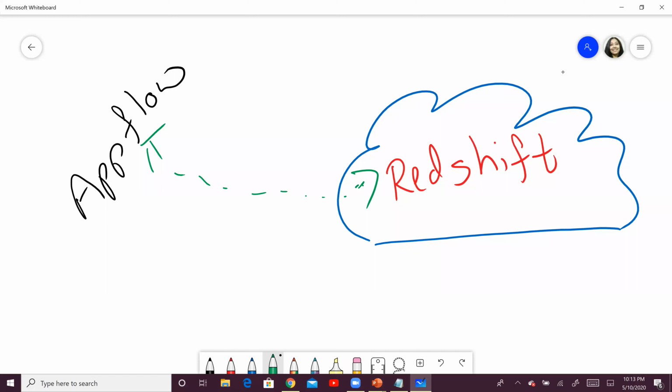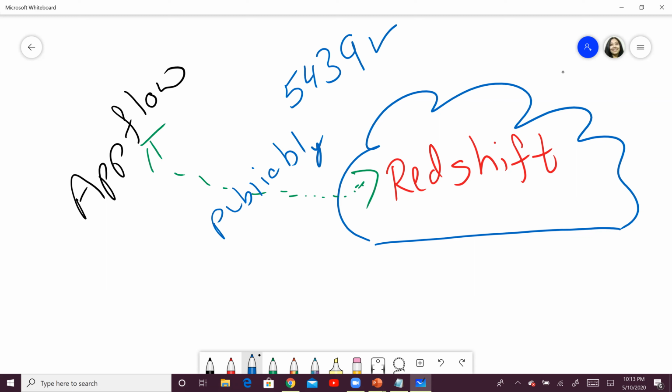Okay. So this connection to Redshift has to be established. So 2 things to keep in mind. The first thing that you want to do is ensure that 5439 is open. The next thing you want to ensure is that this cluster is publicly accessible. Once these 2 settings are done, you will not get any errors. So if you get, let's say, a 502, then check these 2 settings. Check your port and check your publicly accessible setting. This is extremely important.